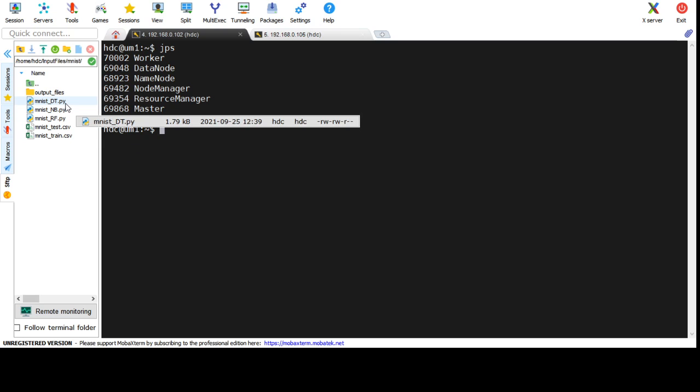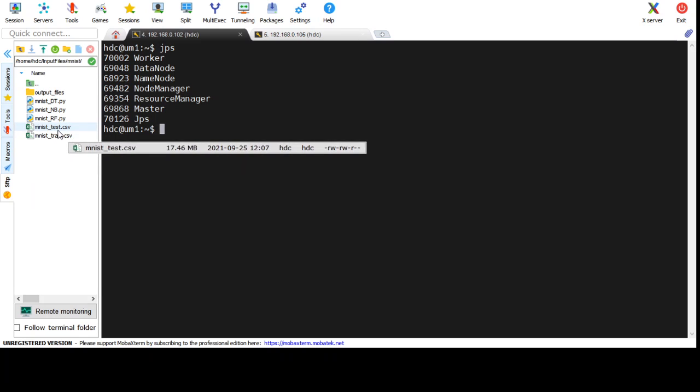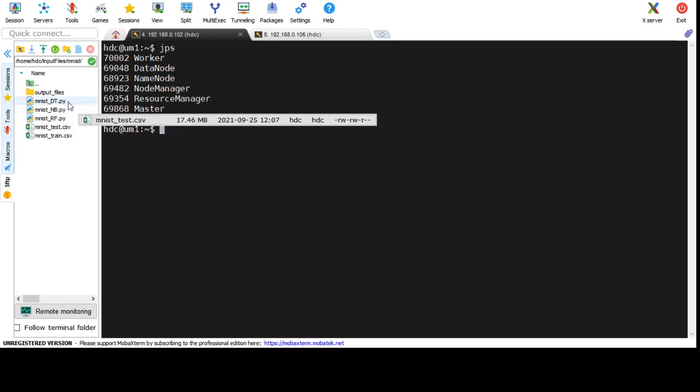Okay, before submitting this command, what I am going to do, I am not going to access my local machine for the storage of the file. For the input file, I will take the data from the HDFS. So what I did, I have copied this data from the local to the HDFS location, and from that HDFS location, I will fetch the data in my particular .py file. So let me show you where I have placed the data in the HDFS.